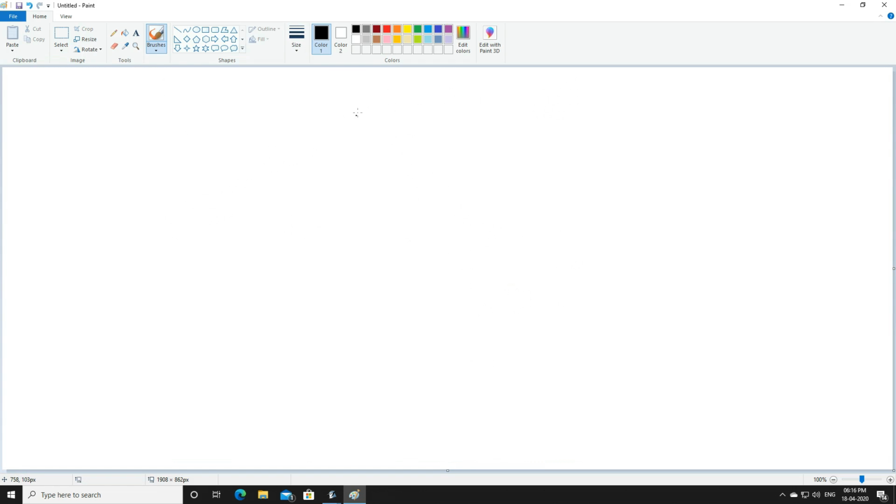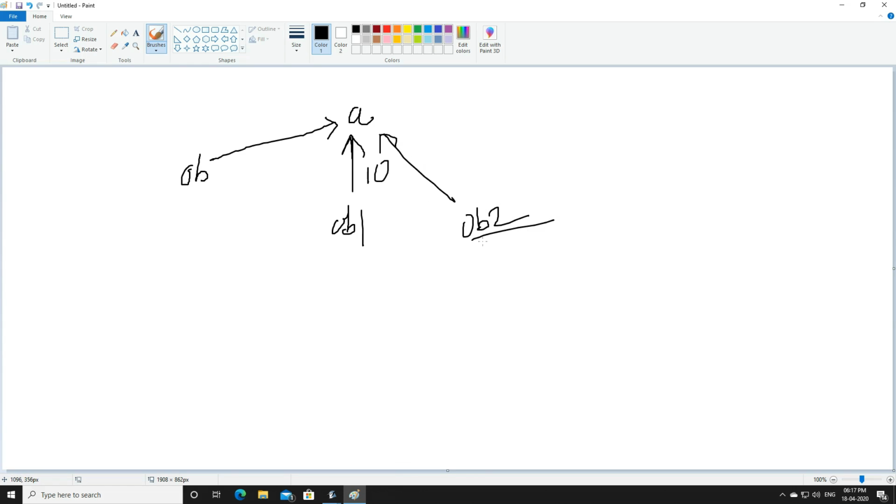Now let me once again show you this one. We have a variable a. obj is an object which is pointing to a, right? obj1 is another object which is pointing to a. Now for obj1 we have a value 10. Then we have another object, obj2. How is this obj2 storing the value? Just the value of obj1.